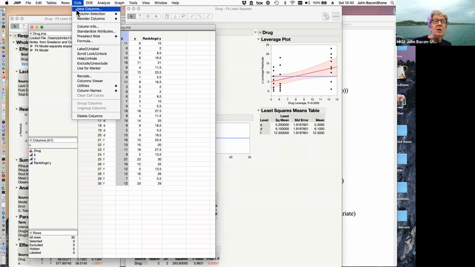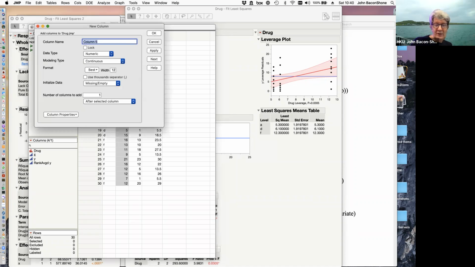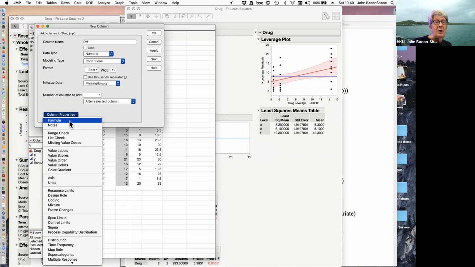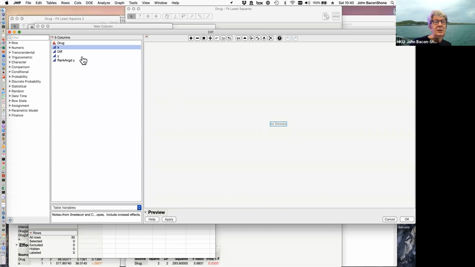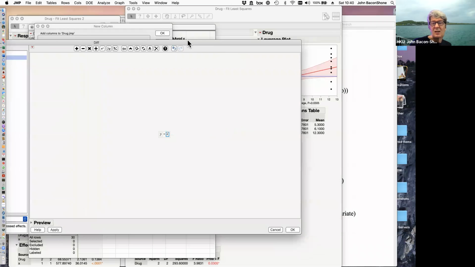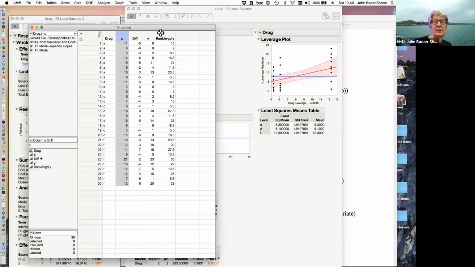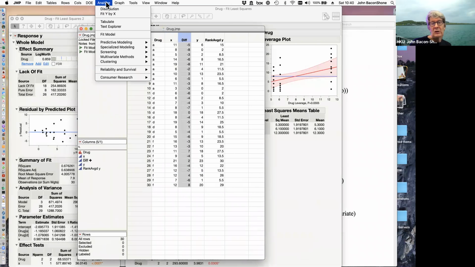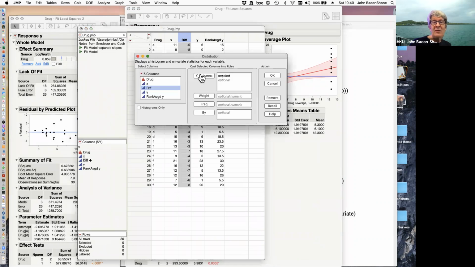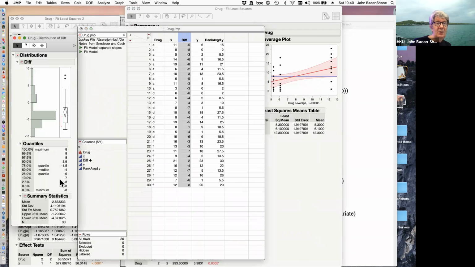So let's create a new column, which is the difference, right? And so our formula is going to be y minus x. Let's apply this. So this is now telling us what is the change in outcome. So if we look at the change in the outcome, you'll see the median is -4 and the mean is -3. So this is telling us that patients are generally getting better